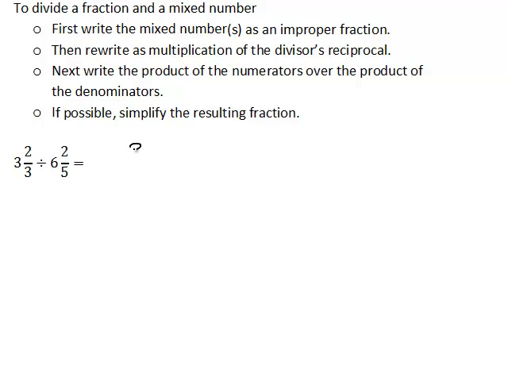So writing this as an improper fraction, we take the whole part 3, multiply it by the denominator 3, add to that the existing part of the fraction, 2, and put that all over the common denominator of 3. 3 times 3 is 9 plus 2. This is 11/3. All right, and then we have that divided by